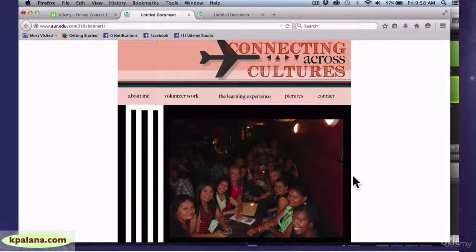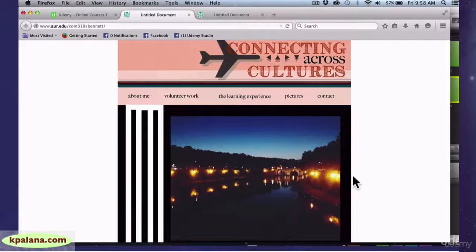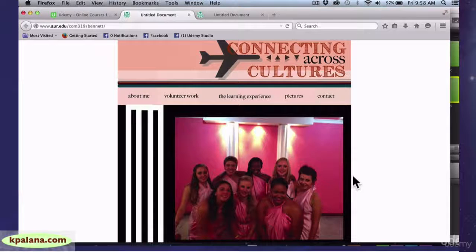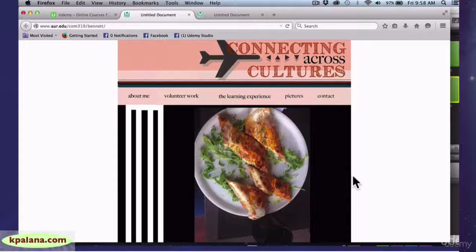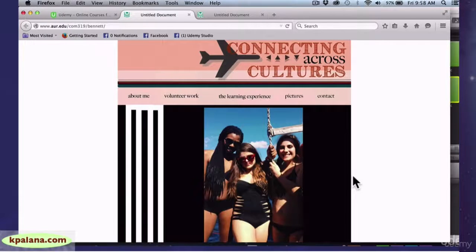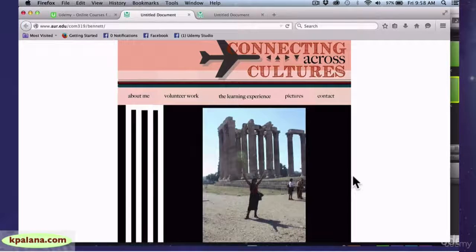She just took a bunch of her photos that she took during the semester, and she made a little slideshow out of them. And it loads really quickly. It's lean, it's mean. You don't need to know WordPress or anything fancy. You just need to know how to make an animated GIF. And in fact, she made this using the simple animated GIF style that I've already showed you in the previous